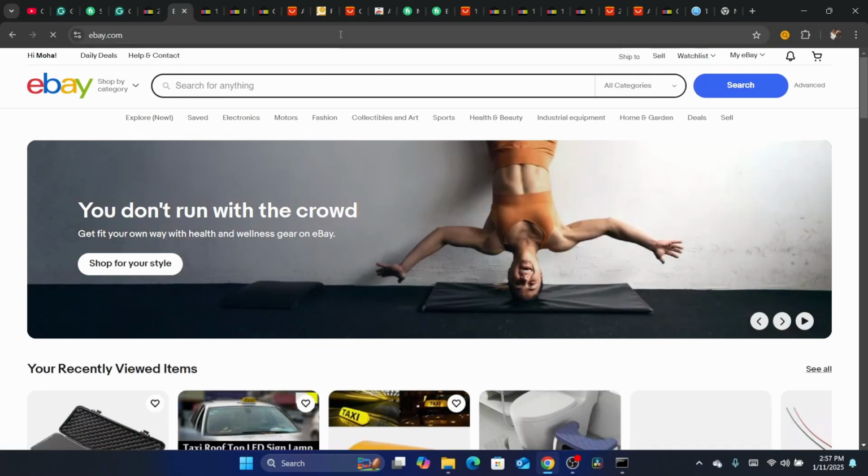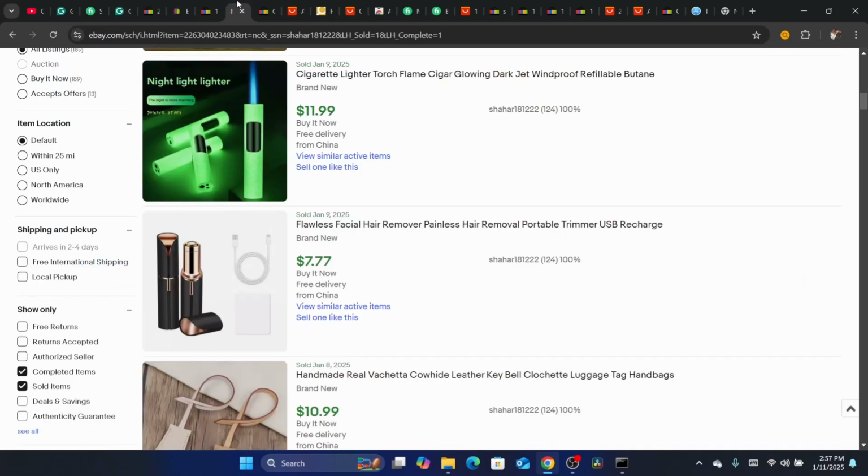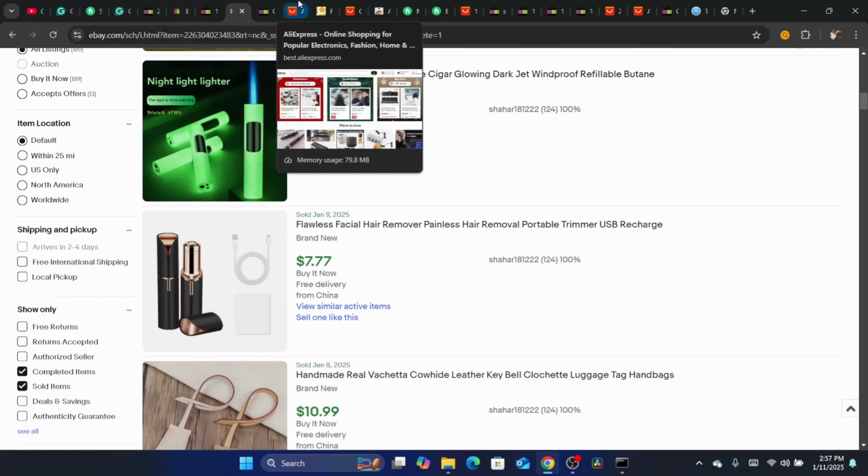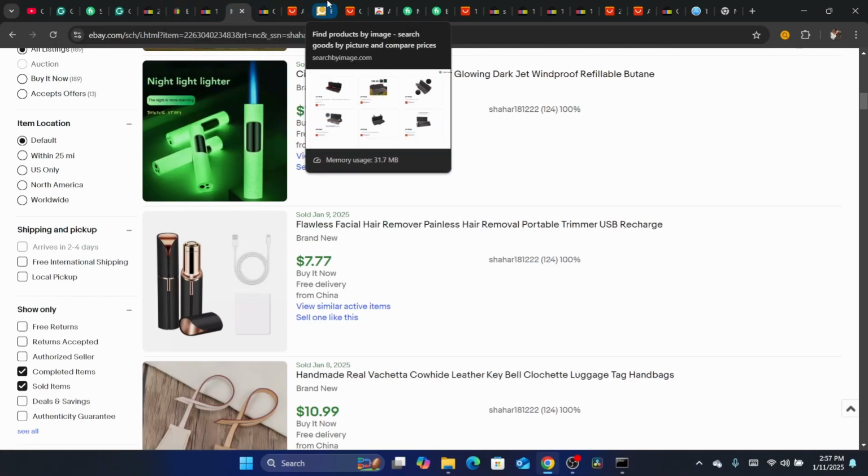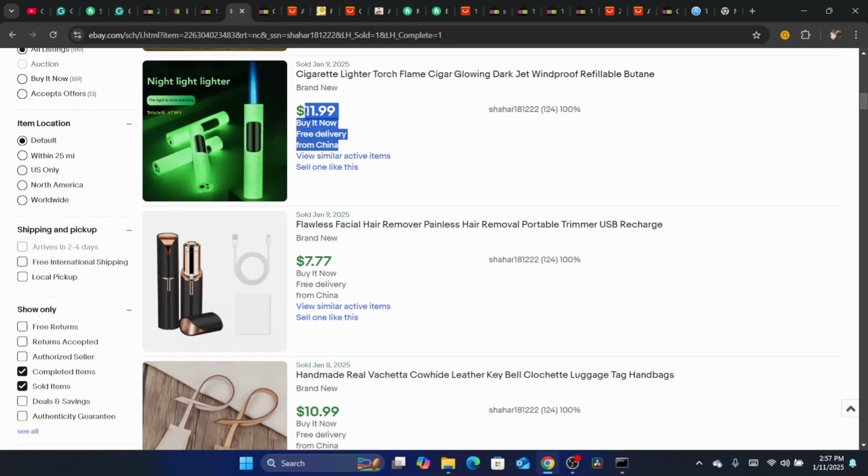Now the software, I don't use it because it's not really that important, and also when you use software for product research, you are missing out on a lot of winning products that you can find manually. The reason is that a lot of people use software too, so you are competing with these people. If you find a winning product, a lot of people are going to find that exact winning product, and there will be no sales, or there will be some sales at the beginning and then the product is going to stop getting sales. My method is that I list, for example, 200 products, and these 200 products are going to get sales for even a year. They will get sales a year after I listed the product.